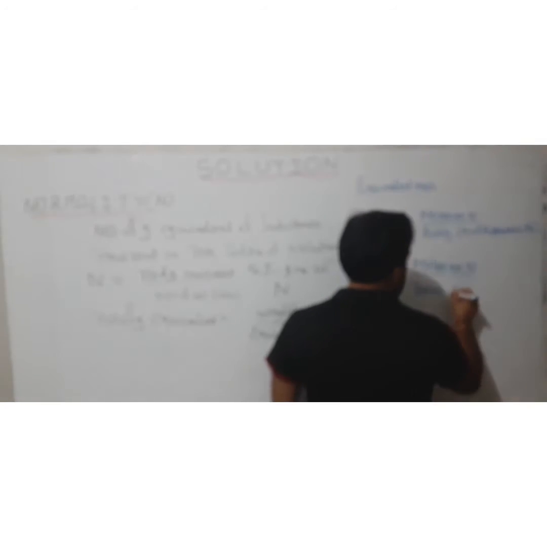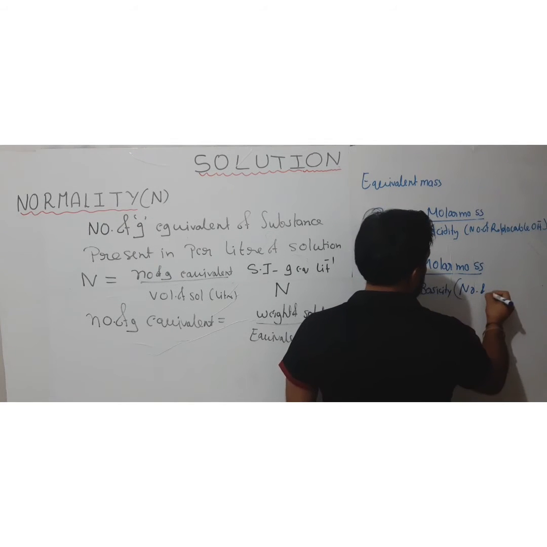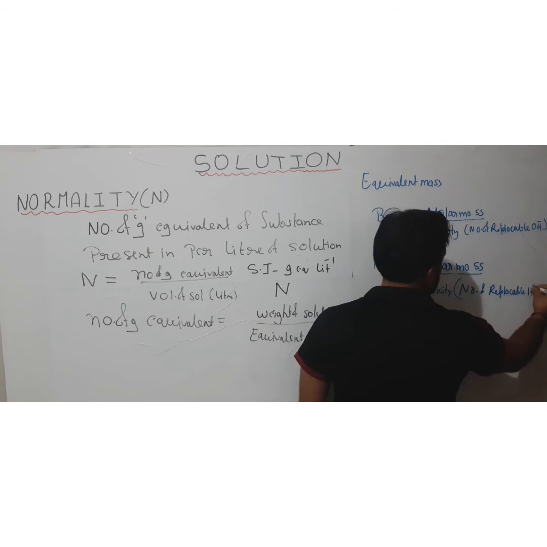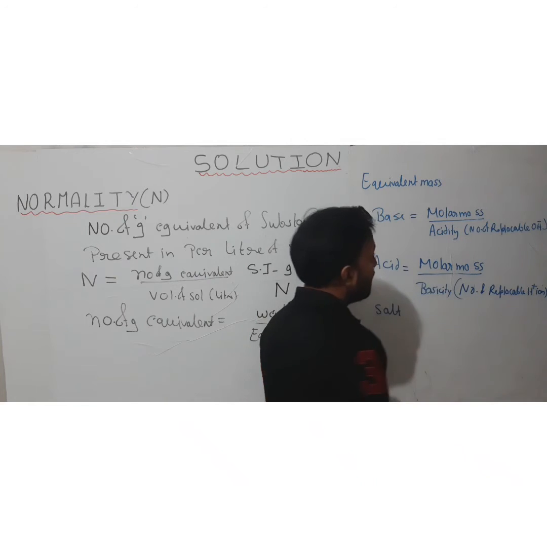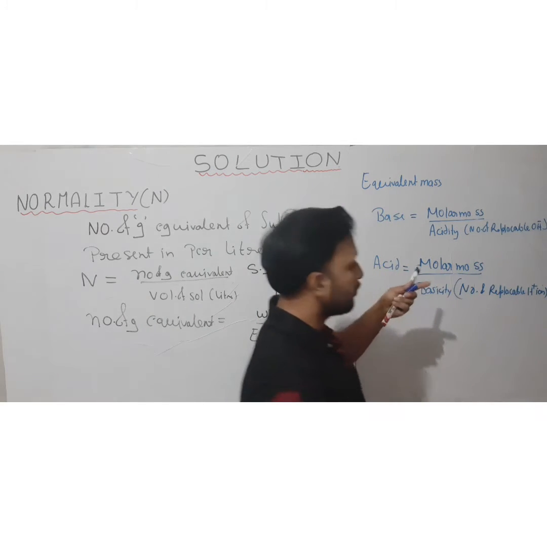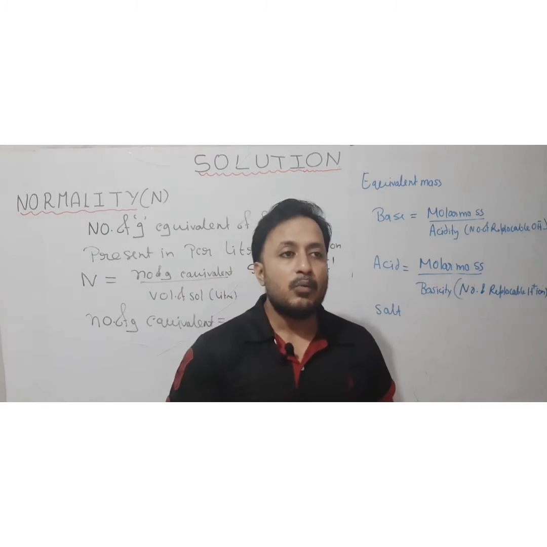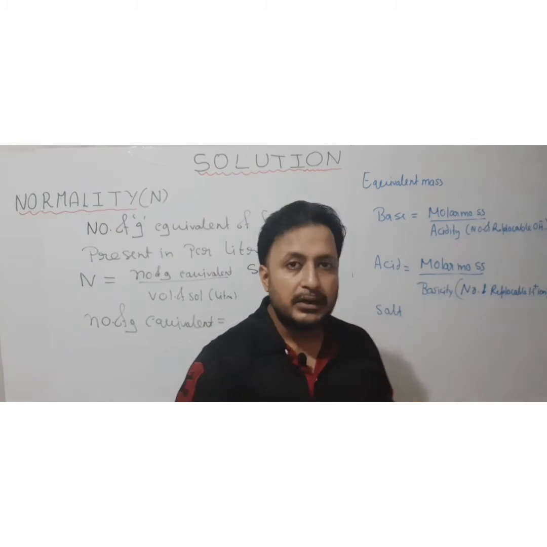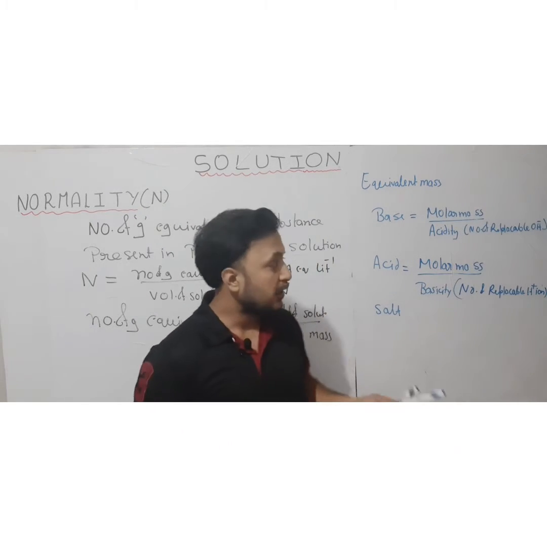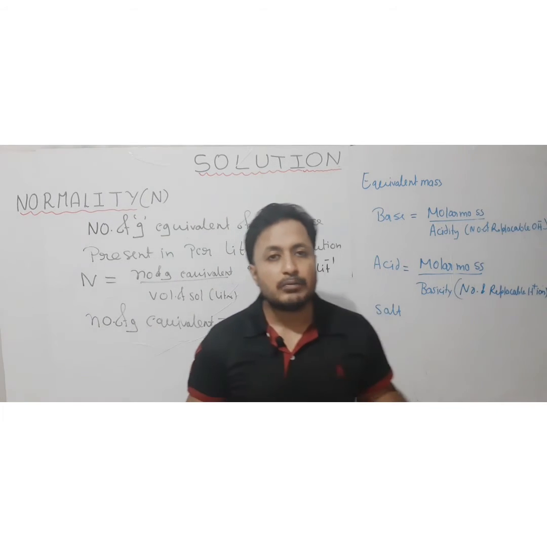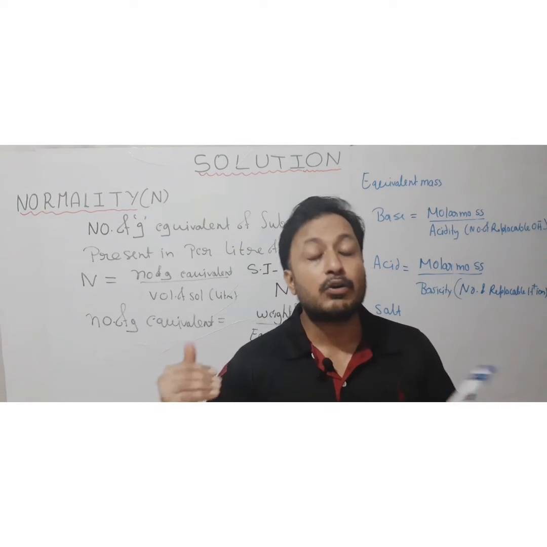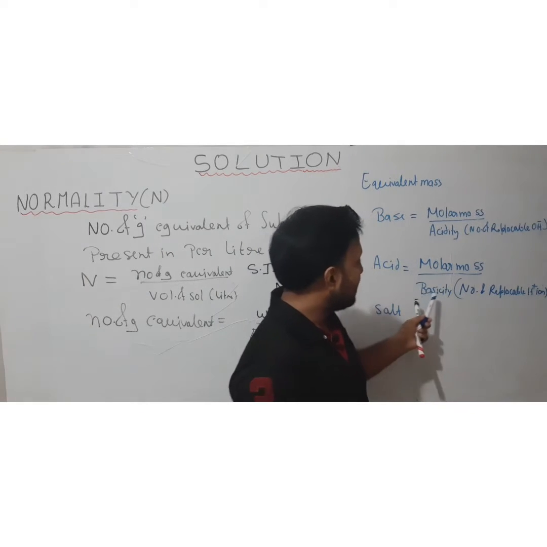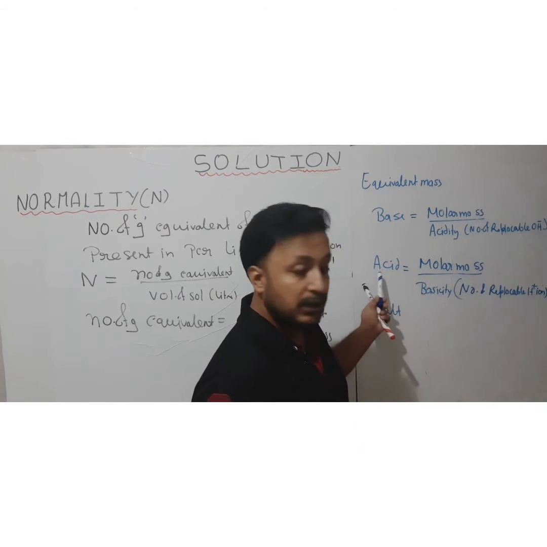Basicity means the number of replaceable hydrogen ion. When I am saying number of replaceable hydroxyl ion or number of replaceable hydrogen ion, it means when the acid is going to dissolve or dissociate, the number of hydrogen ions it is going to release, because that is the property of acid. Same is with base. If the base is going to dissolve in water, whatever the number of hydroxide or hydroxyl ions it is going to dissociate, that is known as its acidity, and basicity for the acid.